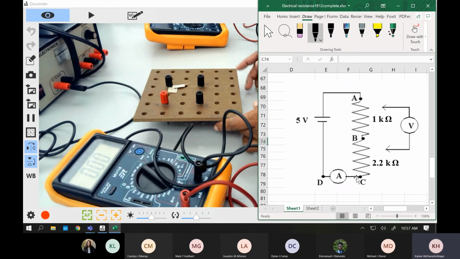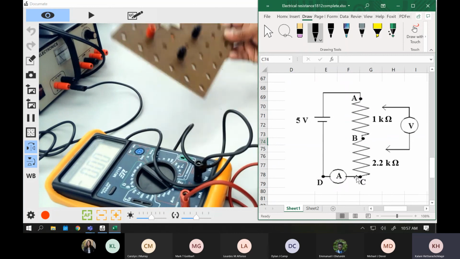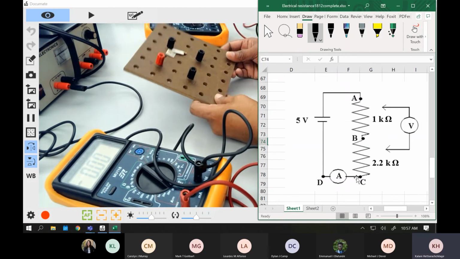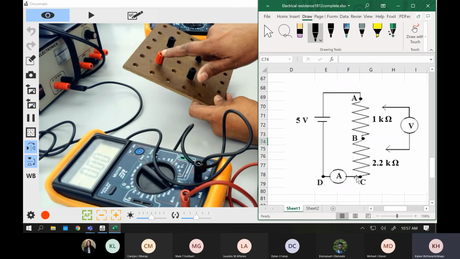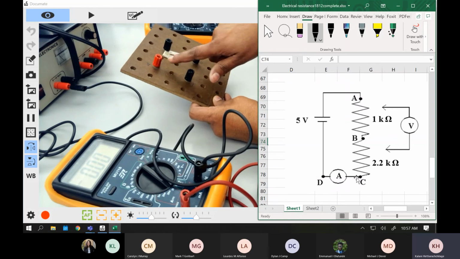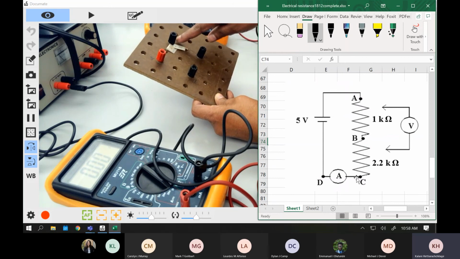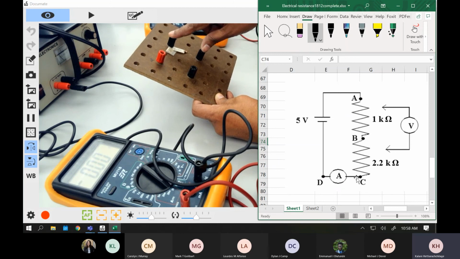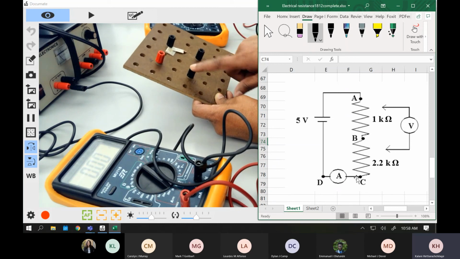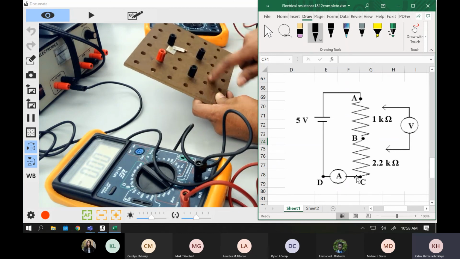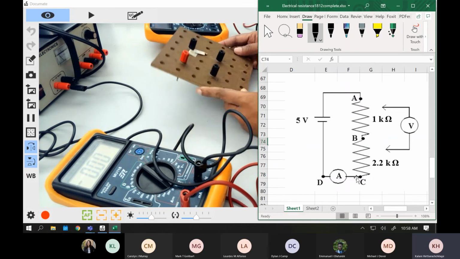Okay, good. So now we're going to connect this one. You will see that everybody has one red knob, and all the others are black, right? The red one starts from 1 kilo ohm, as mentioned there, and then you have 2.2 kilo ohm in the next two black ones. But my one black in here is the rest. We are not going to use this. This is for the 18-16 class. So we are not going to touch that at all.